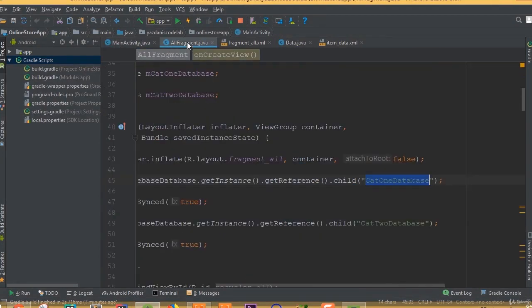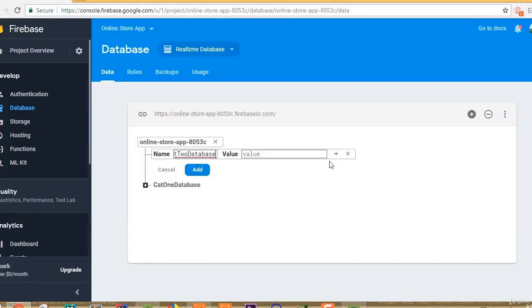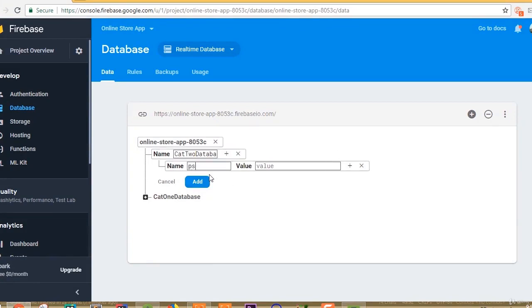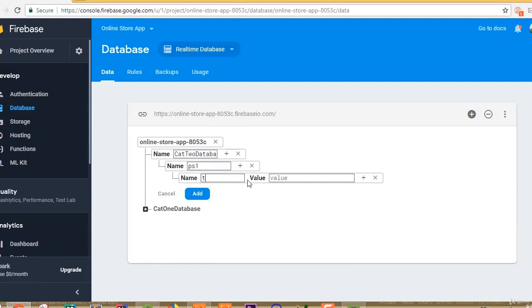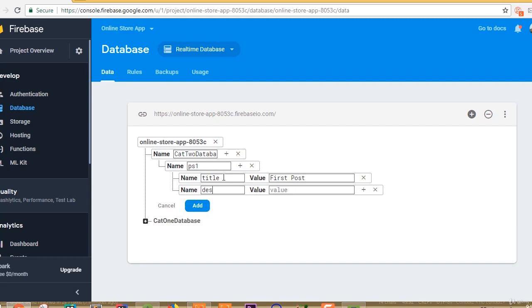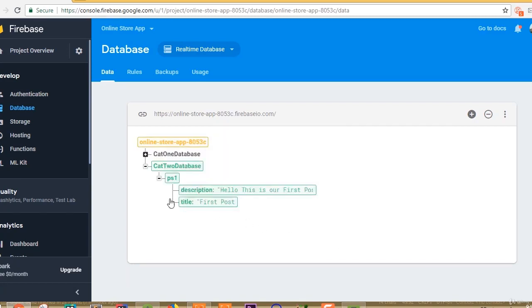So for cat2 our database name was cat2 database, and we need to add a key and call it ps1, and we need to add title and we can call it first post, and description we can call it hello. This is our first post,